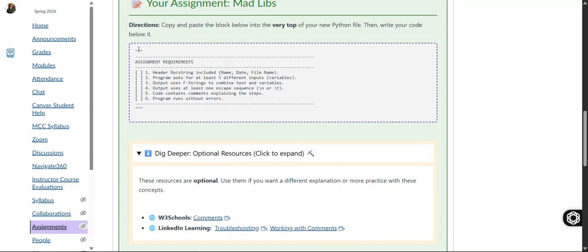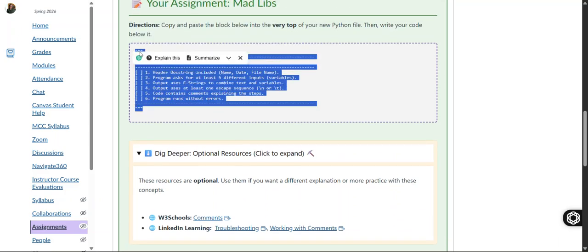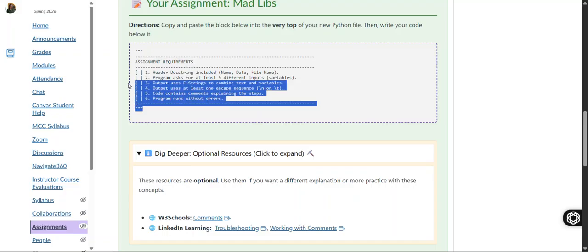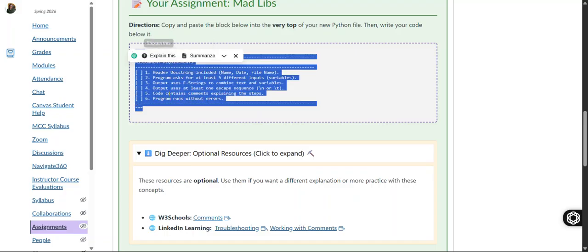You'll notice that I'm giving you a special type of comment here. This is referred to as a docstring. Python ignores multi-line strings if they aren't attached to a variable, so this becomes a comment. So what you'll do for each assignment is I've given you these docstrings, which you're going to copy, and